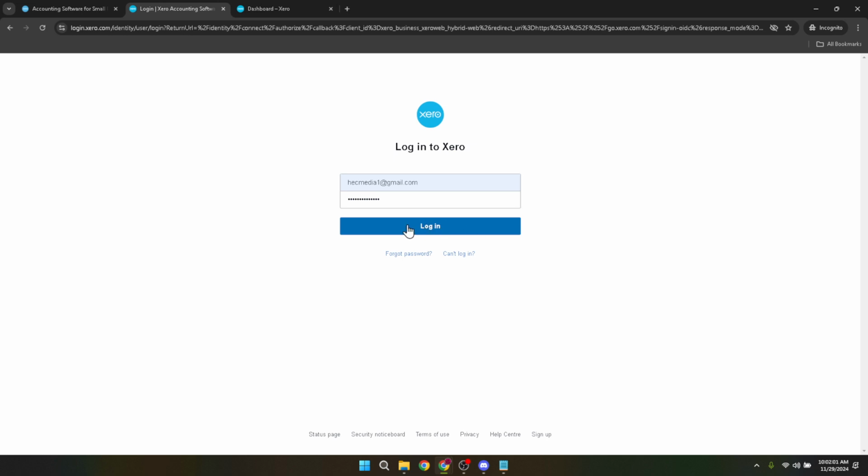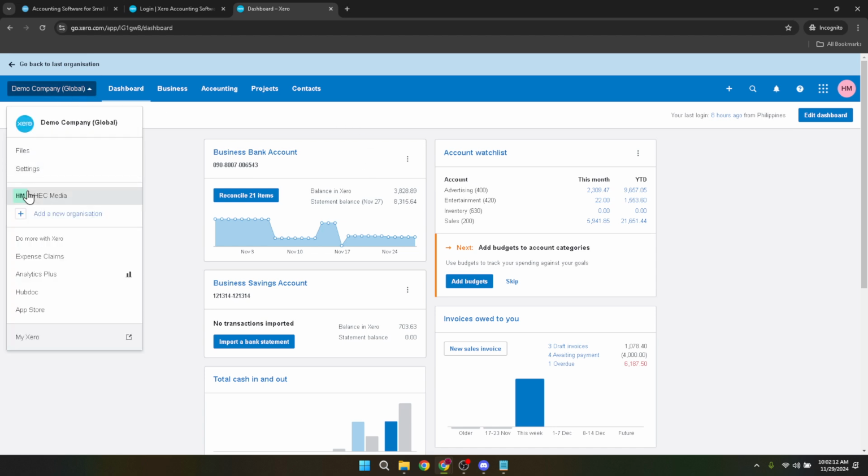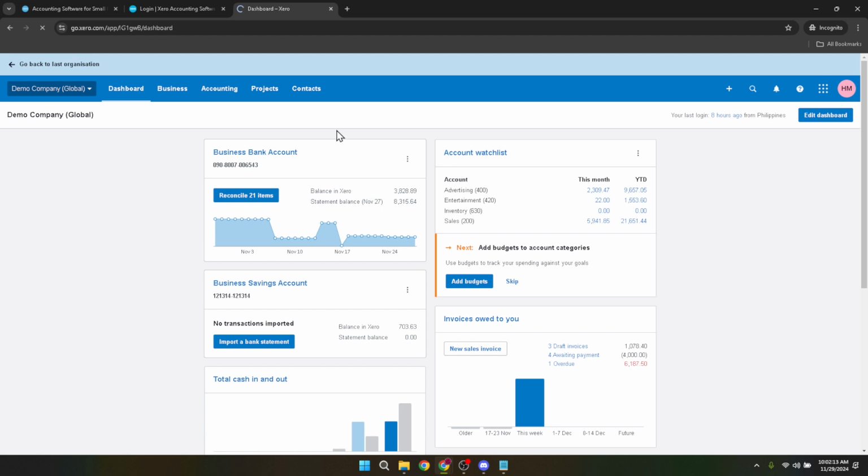This action will take you directly to your Xero dashboard, a central hub where you can manage your finances, view reports, and access various features depending on your current subscription level. To begin the upgrade process, look for the option Choose a Plan to Buy at the top of your dashboard. This option is designed to be visible and accessible, guiding you effortlessly to the page where you can view the